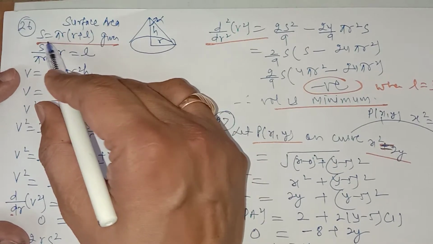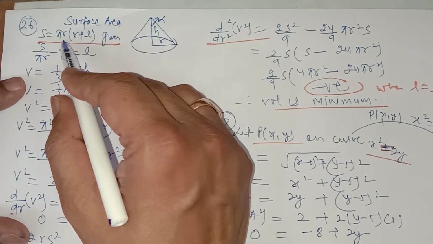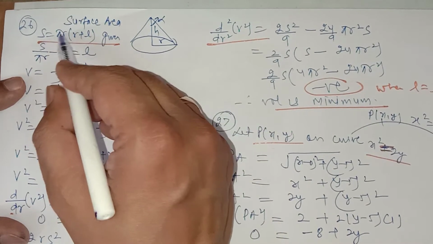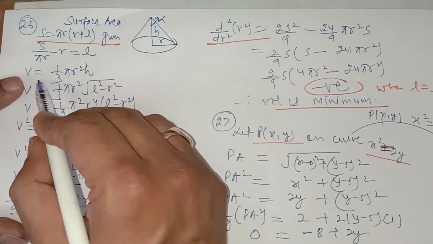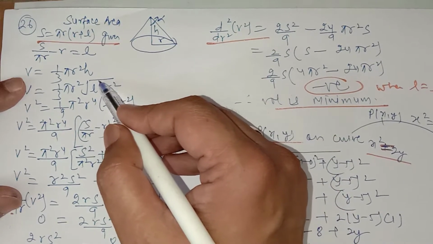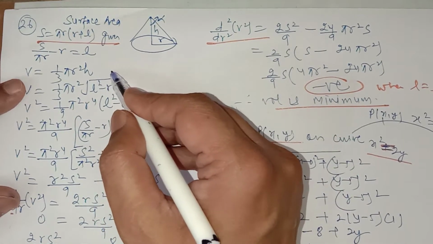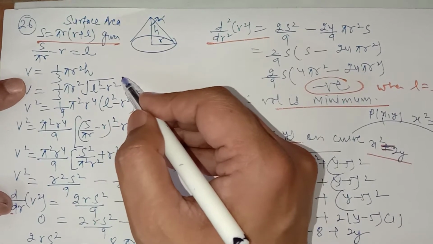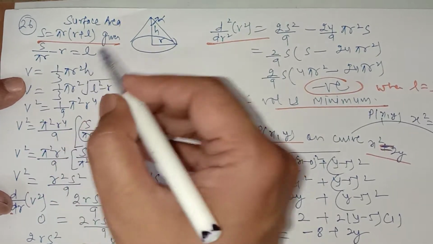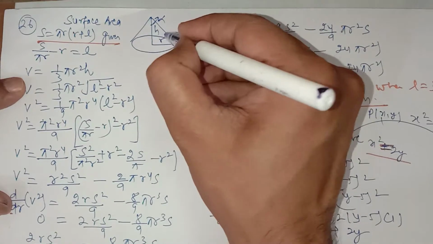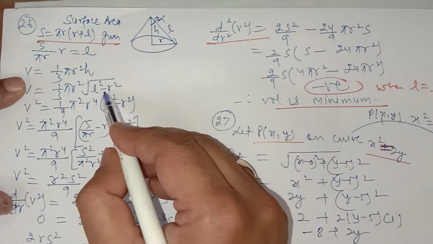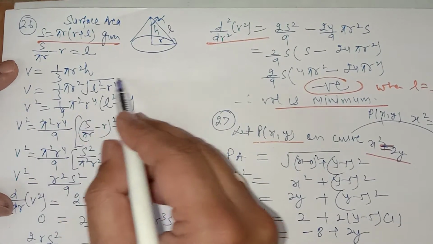The surface area of the cone is given as S equals pi r (r plus L), and you can easily find the value of slant height from this, L equals S upon pi r minus r. You have to prove that its volume is minimum for this surface area. So replace the value of L in volume, but L is not given here, so you eliminate H by using the Pythagoras theorem: H will be equal to under root L square minus R square. Squaring both sides, you eliminate the square root.